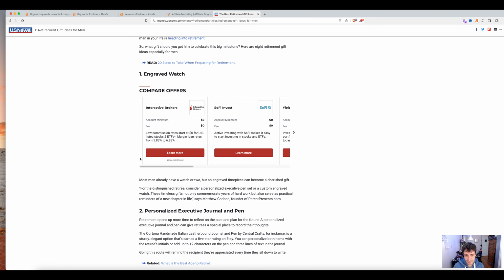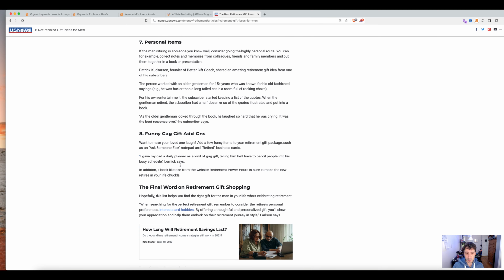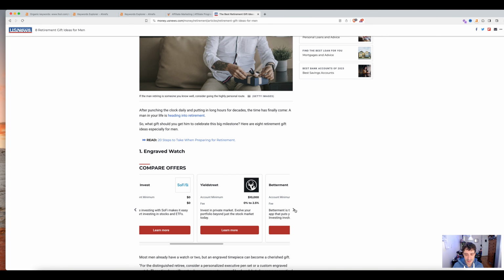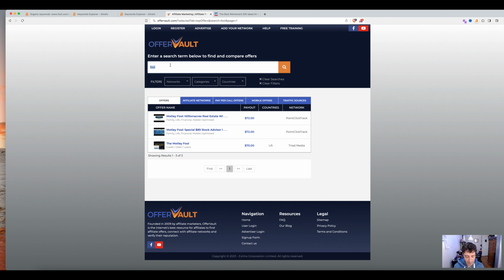They're talking about engraved watches, personalized journals, an indulgent experience, all this stuff. But how are they making money on this page? Well, they're making money because they're pushing people into these offers for finance stuff: SoFi Invest, Interactive Brokers, Yield Street, Betterment, JP Morgan, and if you were to go here to Offer Vault and